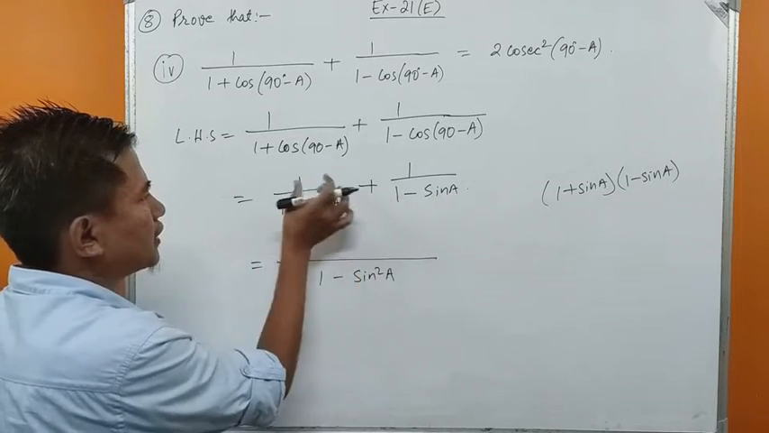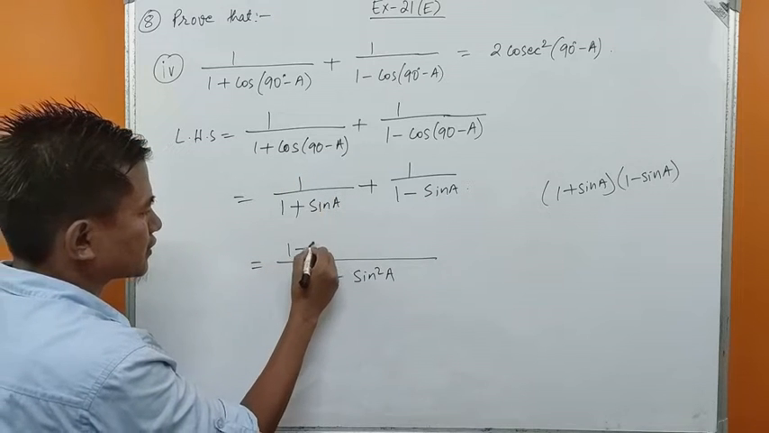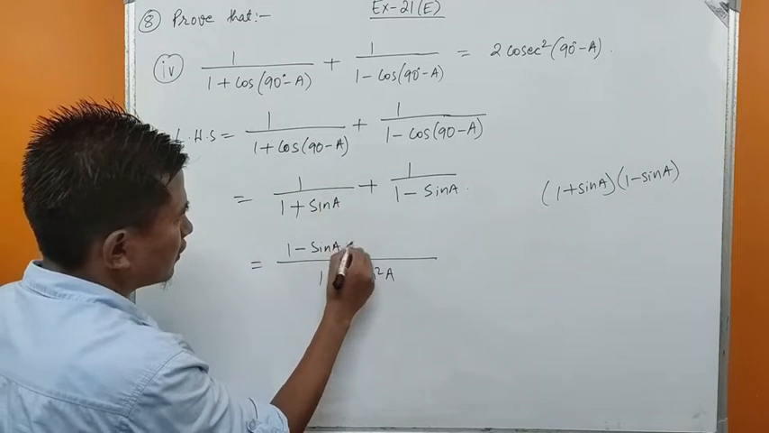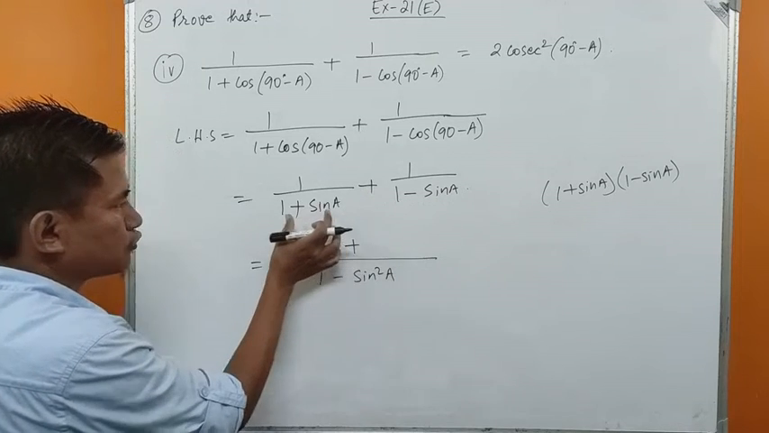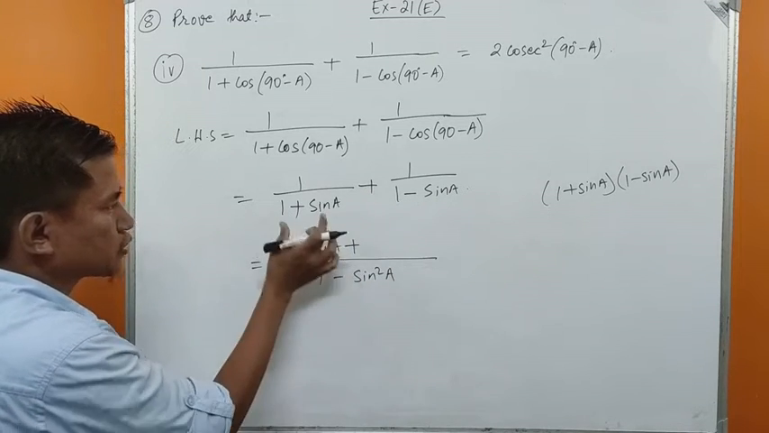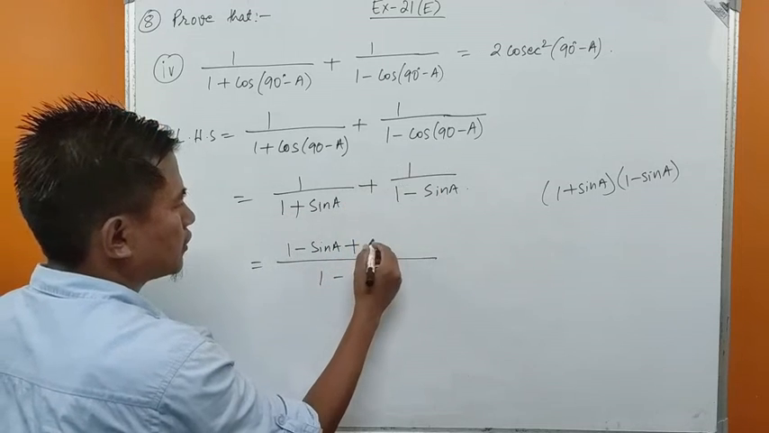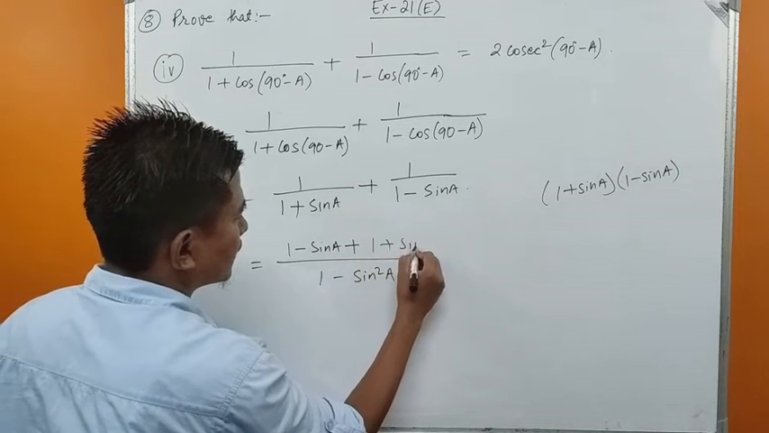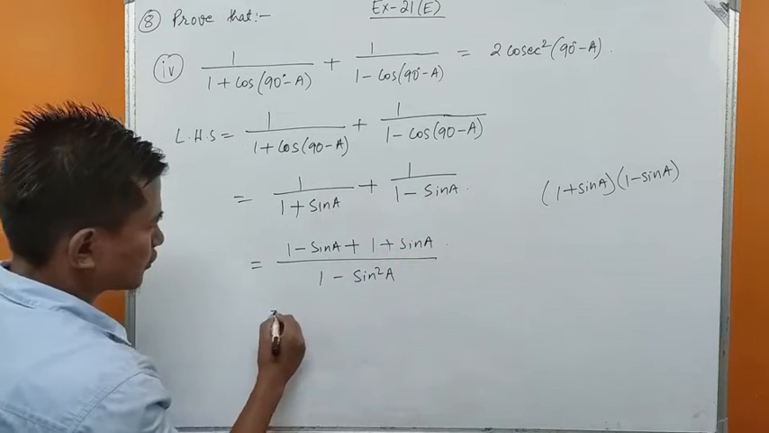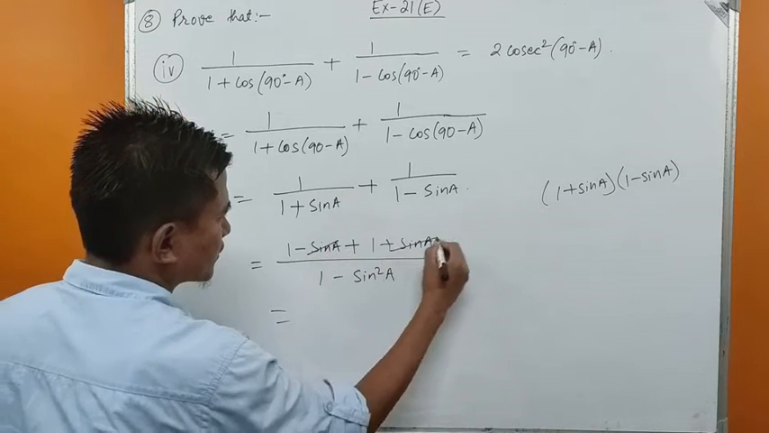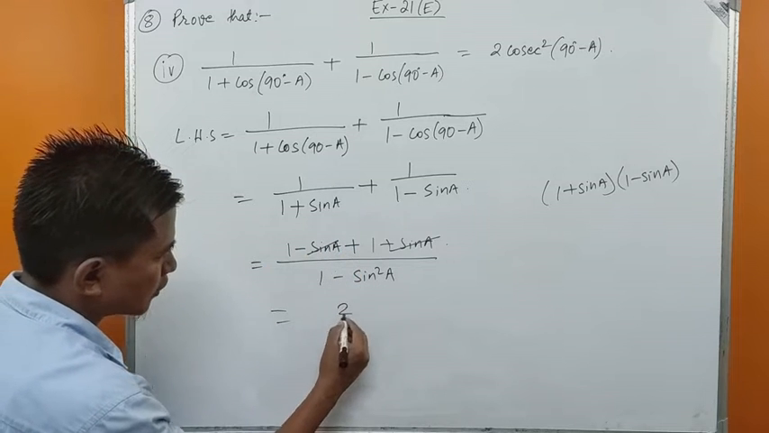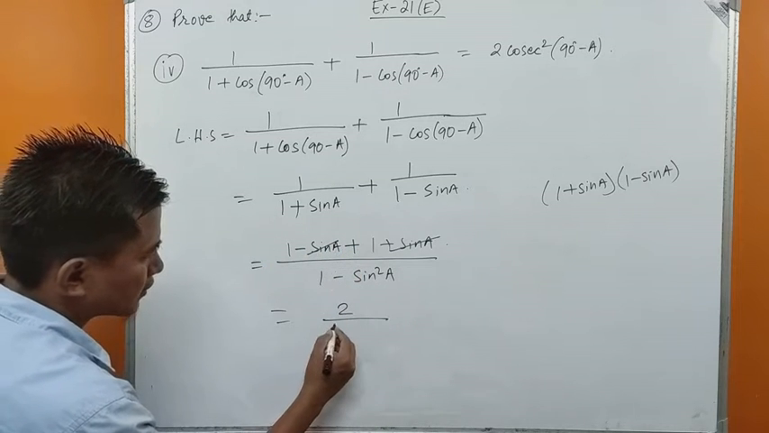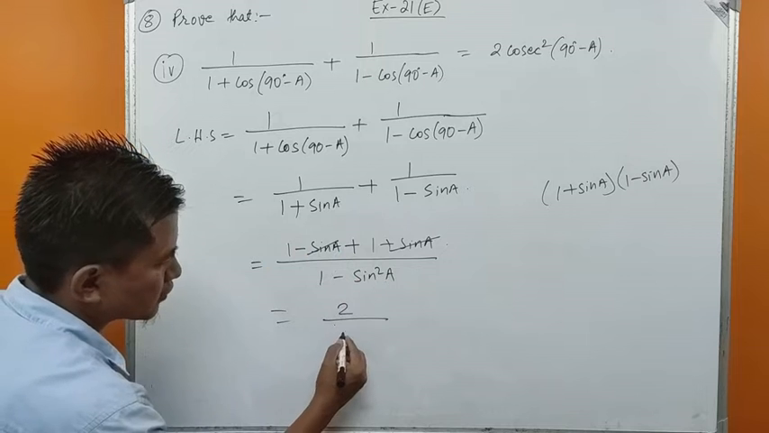So 1 minus sin a into 1 is 1 minus sin a. So this is plus. 1 minus sin a into 1 plus sin a gives us this number. So 1 plus sin a into 1 is 1 plus sin a. Okay, so this minus sin a and plus sin a can be cancelled. So plus 1 and plus 1, this is plus 2 upon 1 minus sin square a is cos square a,